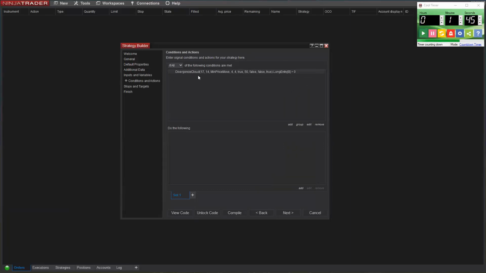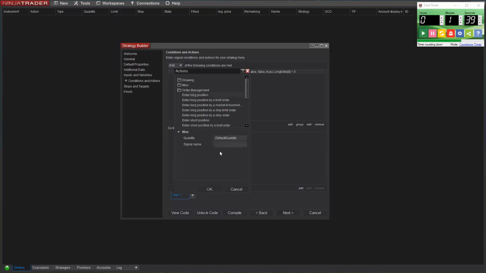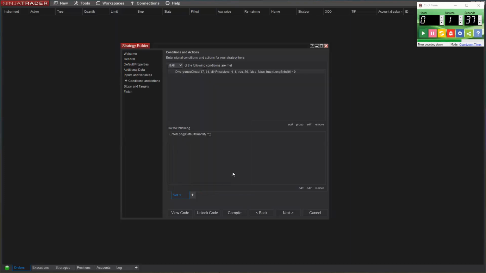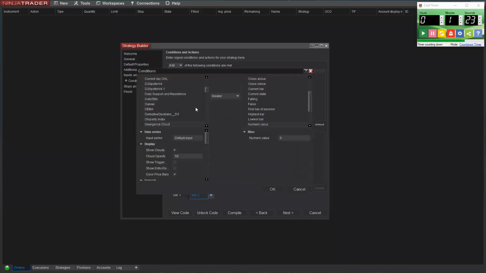If these conditions are fulfilled, we would like to go long in the market. So we go to order management, enter long position, and click OK. Okay, so for the short direction, it's the same thing, just we're looking for a different signal. So we duplicate this tab just to save some time. I know the clock is ticking. We do not want a long signal to go short, obviously.